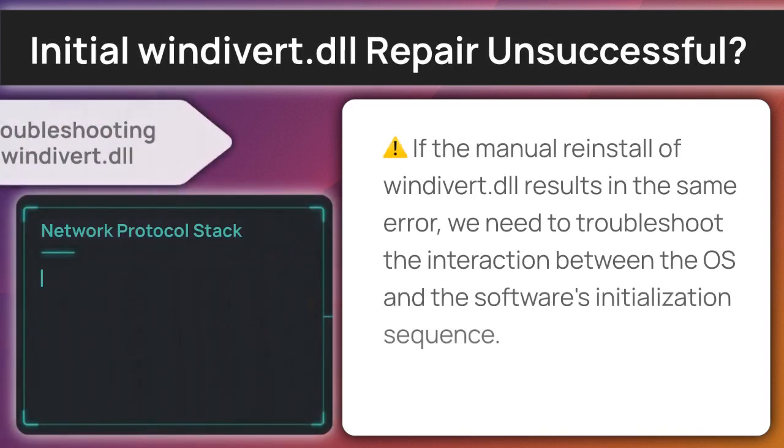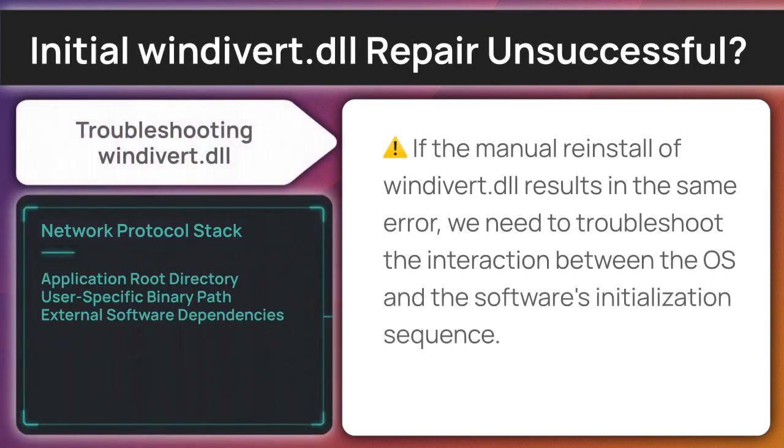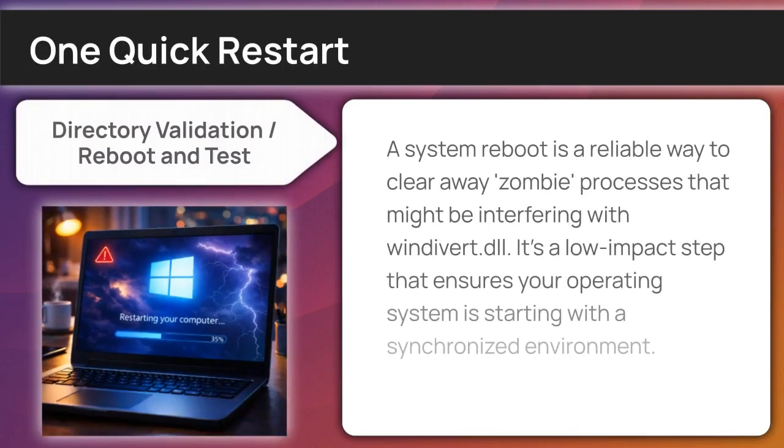Persistence of this error after a clean reinstall suggests that the issue may reside within the current user session's initialization. Performing a restart can determine if the error is just a transient environment glitch. A reboot refreshes your system's path variables and can sometimes re-establish a broken link to the Windows Divert Network Capture